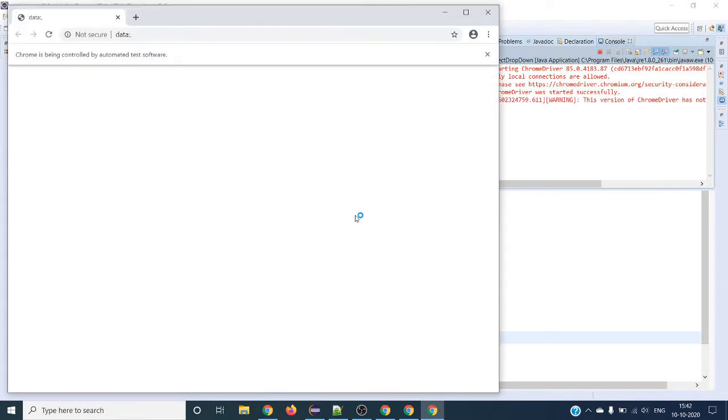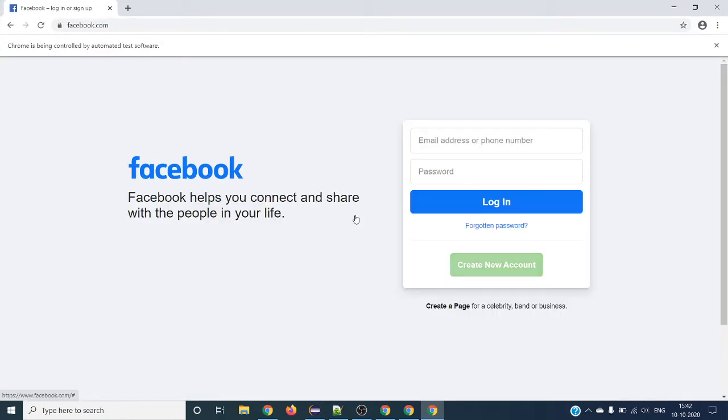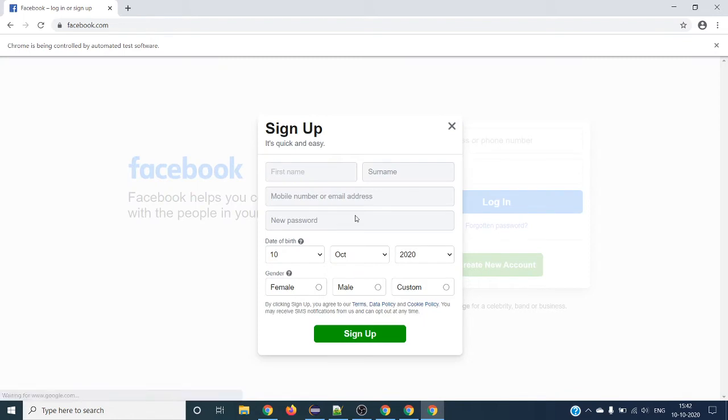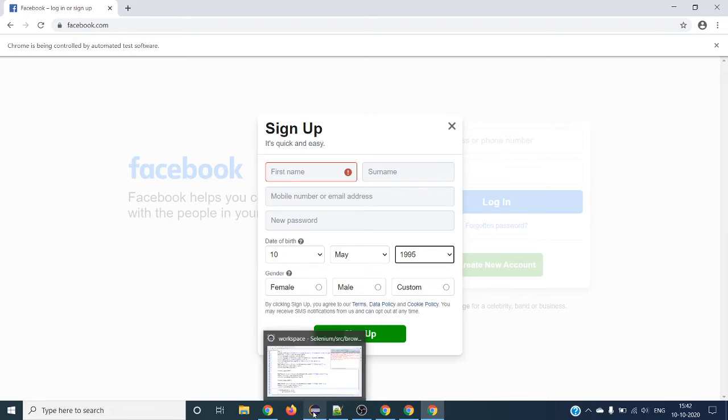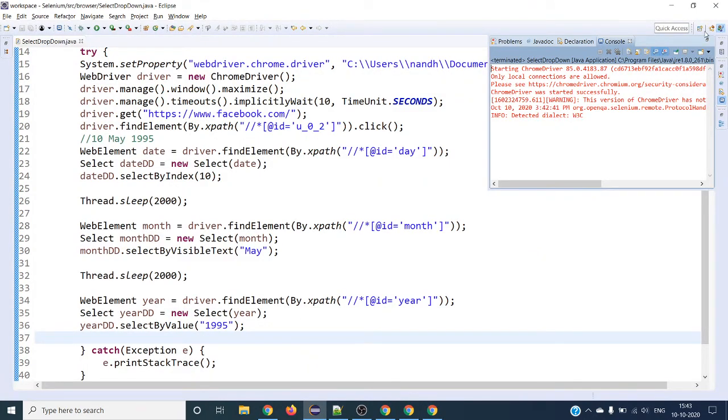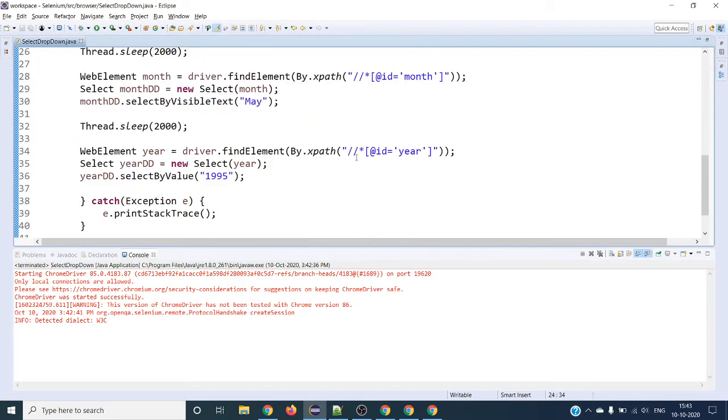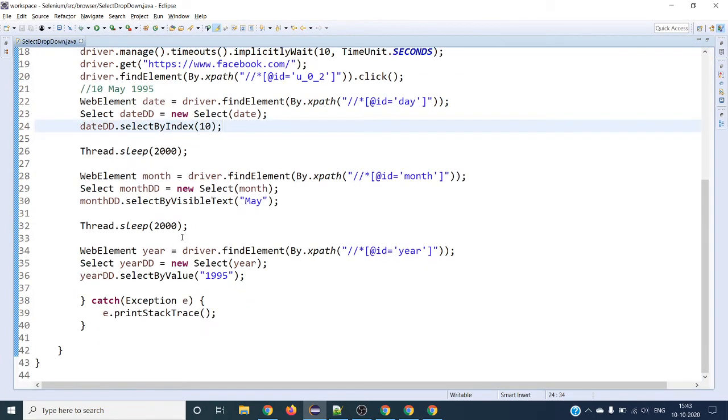So it has to launch, open the browser, launch maximizing the window, launch the facebook.com, click create new account. You can clearly see it has selected 10th May 1995, right? These three drop down select values. So these are the three different methods that Selenium provides. So let's get started with other methods what